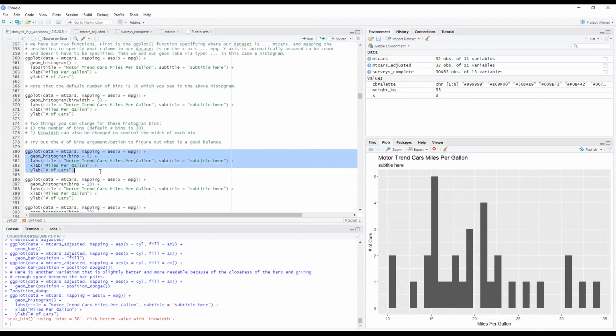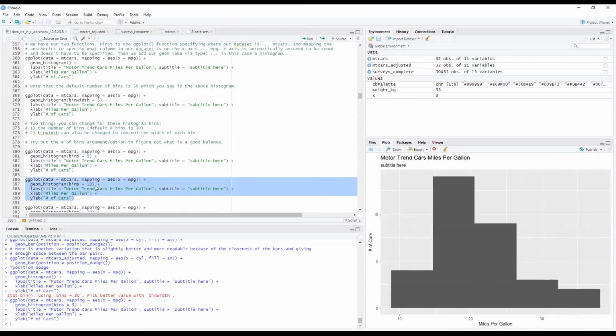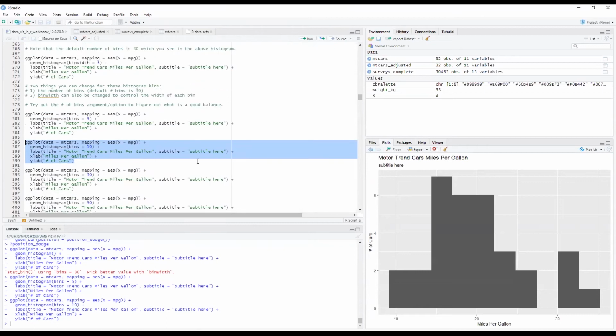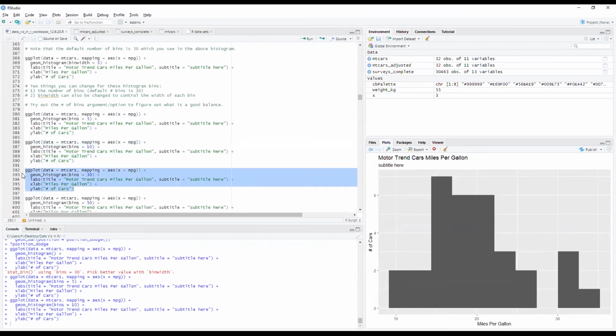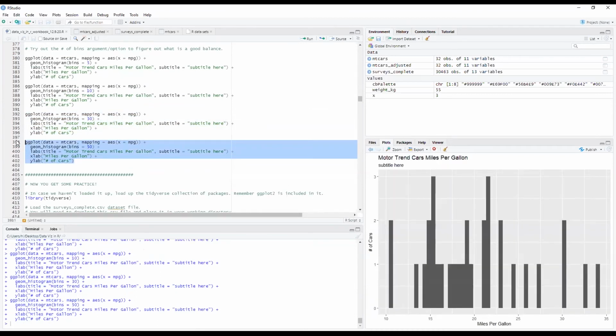So here, where would you change the bins? You can change it right here in the bins, in the geom_histogram portion, right? So if I change the bins to 5, this is what it looks like. There's only 5 bins. Okay, we get a very general sense of the distribution. If we change the bins to 10, here's how it looks a little bit different. And then here's 30, and here's 50. So obviously there's a little bit of decision making. You need to use a little bit of your judgment in determining what's the best bin size to showcase the observations you're making and that reflect what you're seeing in this particular data set.